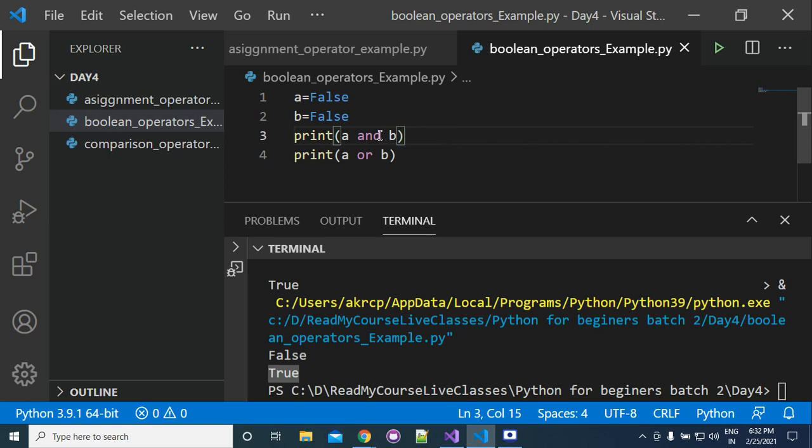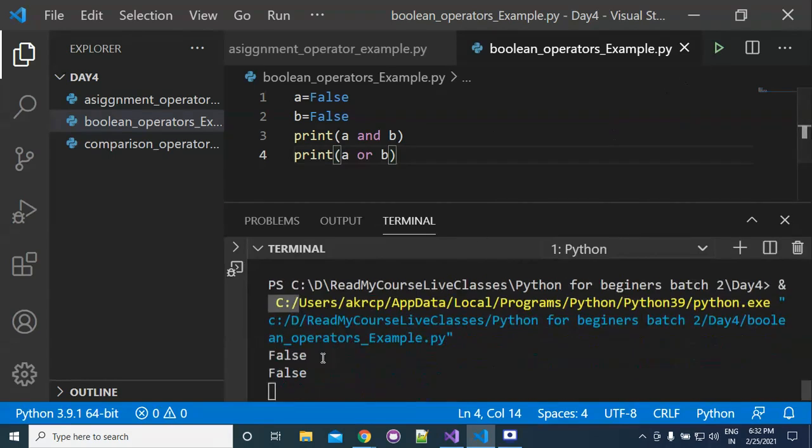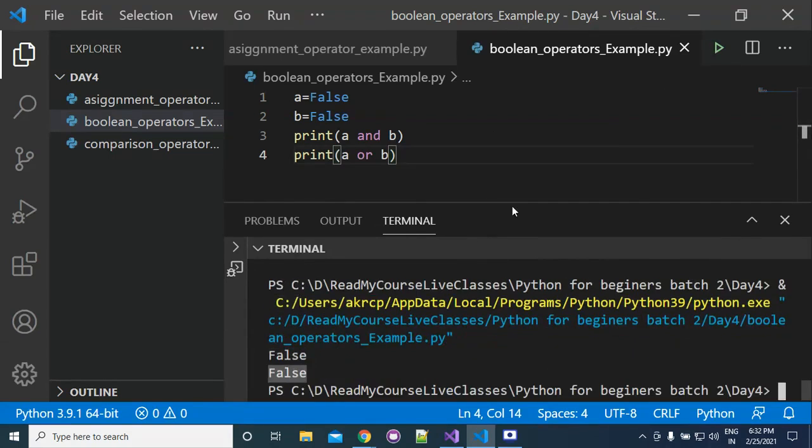Why will the first one be false? The AND operator tells that if any of the values is false, then it will return false. Here both values are false, so it will definitely be false. And the OR operator will also be false. So in both cases, the answer will be false. Is this clear now?